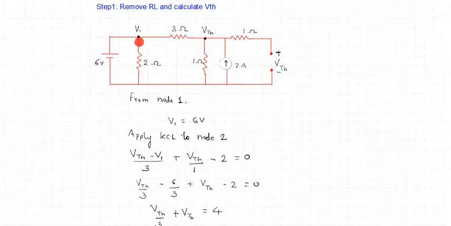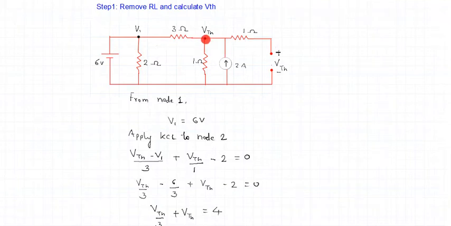Looking into node 1, there is a voltage source which is directly connected at node 1. And therefore, we can assign V1 as 6 volts, as there is a voltage source directly connected to the node V1. Coming to node 2, let us find the node voltage VTH. For this node, the branches to be considered are: this is the first branch, this is the second branch, this is the third branch. This branch doesn't come into the picture as it's open circuit. So we have to consider a total of 3 branches to find the node voltage VTH.